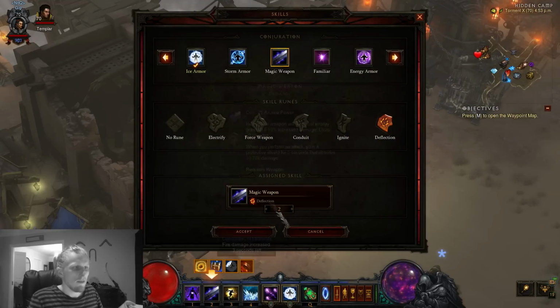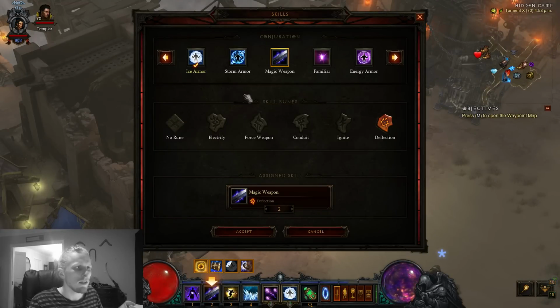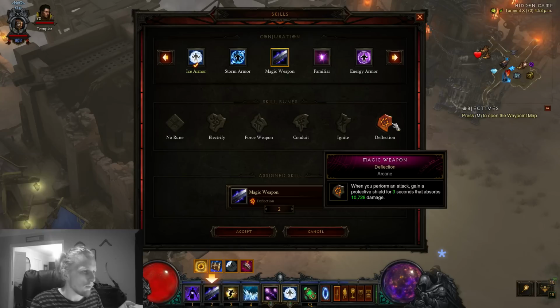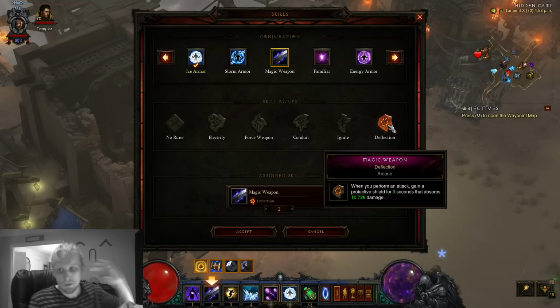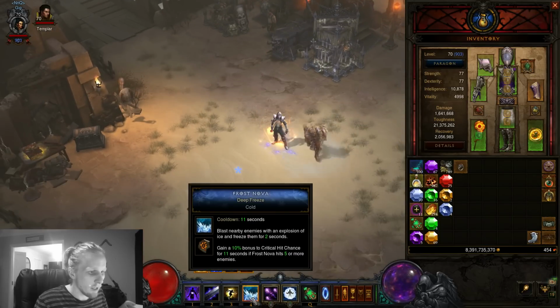This is the skill in debate right now as far as the wizards are going. So, I'm using Magic Weapon Deflection. You get a 10k shield that lasts 3 seconds whenever you perform an attack. Something that a lot of people don't know about this is it actually procs off your Frost